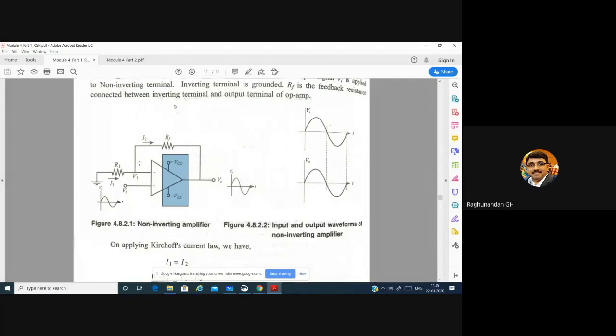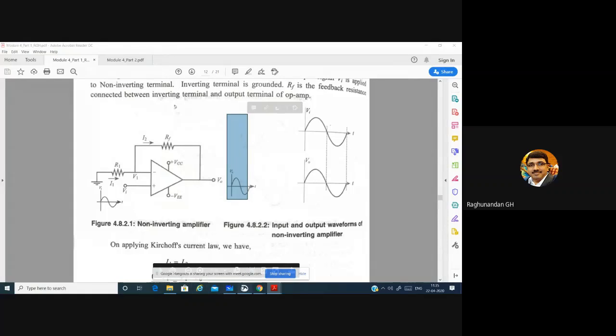So when you give positive feedback, what happens? It is going to further increase. Already you know that even in negative feedback, if you are giving more gain and keep on increasing the input, you will get a clipped wave. When you give positive feedback instead of negative feedback, the gain automatically increases. When the gain increases, what happens? You'll get a very high, large signal.